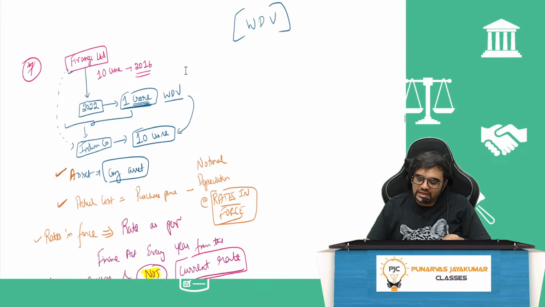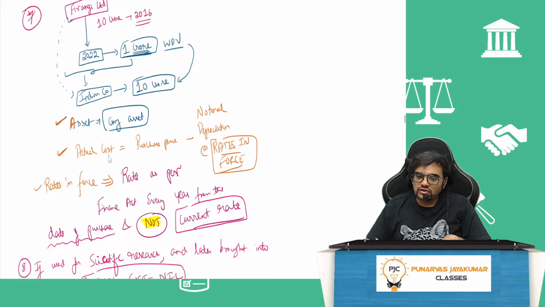Similarly, if they ask you, an asset was used outside India by somebody else and the company brought it into business, or you only brought it into business. Let's say Firangi Limited, 10 crore, the asset WDV as on 22 was 1 crore. Firangi Limited had purchased assets at 10 crore, the asset value now is 1 crore WDV. They brought it into business in an Indian company and they recorded it at 10 crore. Allowed or not? No. Since it is coming from abroad, the lawmaker has said actual cost will be purchase price 10 crore minus notional depreciation.